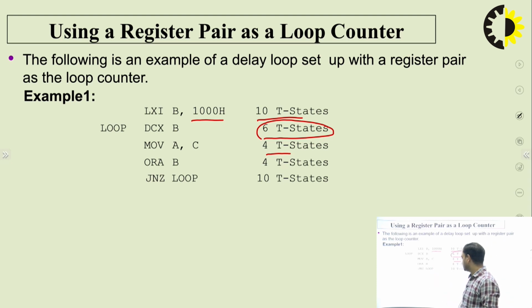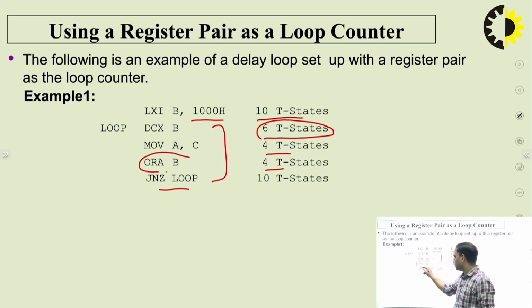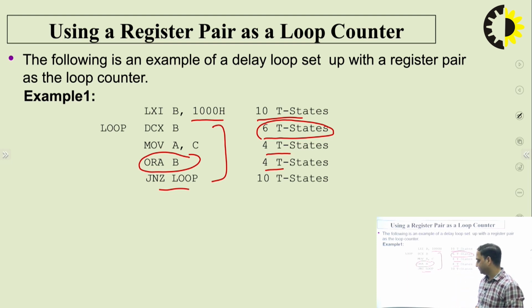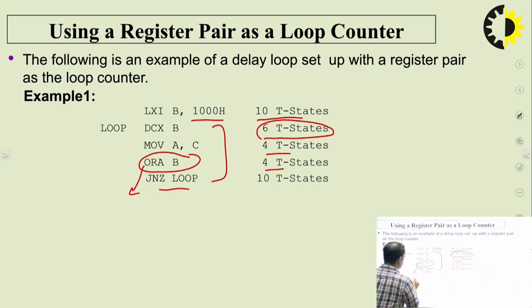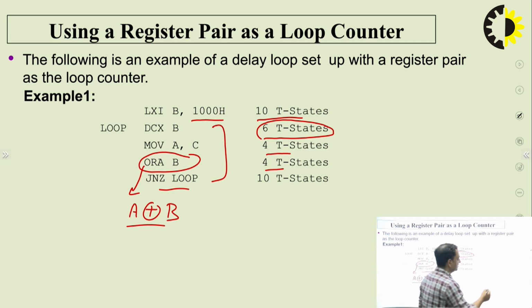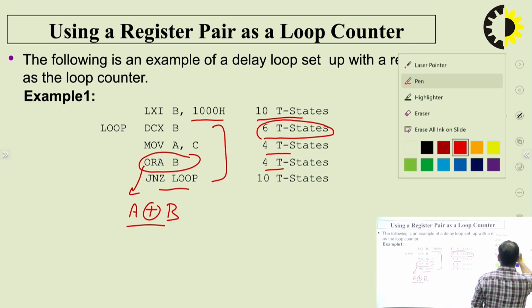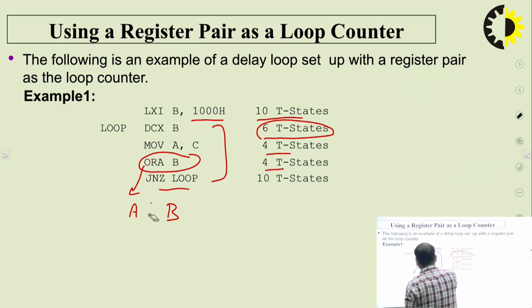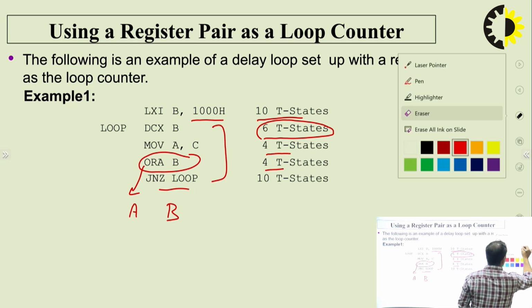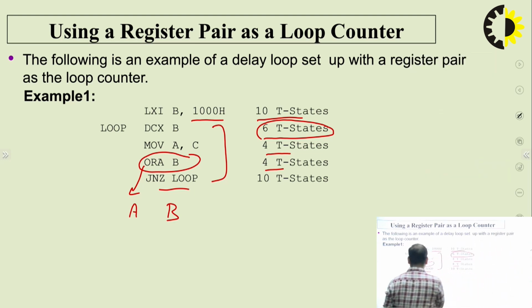ORA B, 4 T states, and the JNZ loop. So this is the loop, but here we are using the ORA B. This is the OR operation between A and B. OR operation means this is the plus sign, right? So we have to specify that particularly. This is not the XOR, so we cannot use that. Here it will be the OR operation,